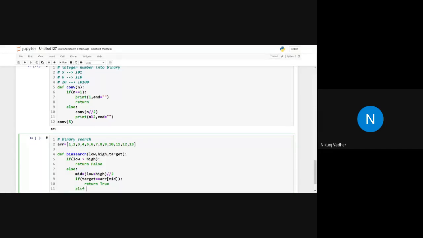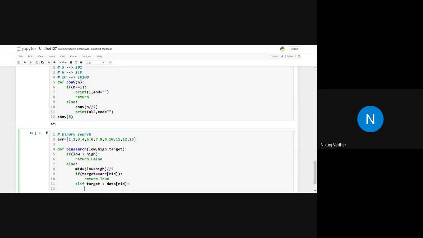Else if target is less than array of mid, in that case target is smaller than the midpoint, then it will be on the left side.